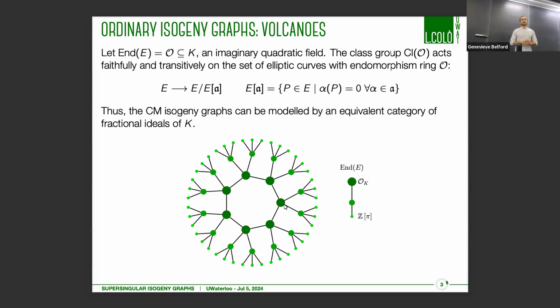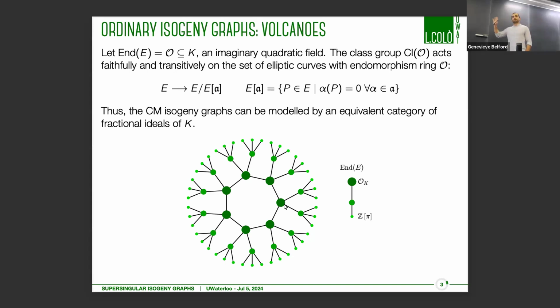And the supersingular case instead has an endomorphism ring which is always a maximal order, but this time inside a quaternion algebra. So it's something of degree 4 over Z, and it's something non-commutative. An important thing to say also is that there's a very important theorem that tells us